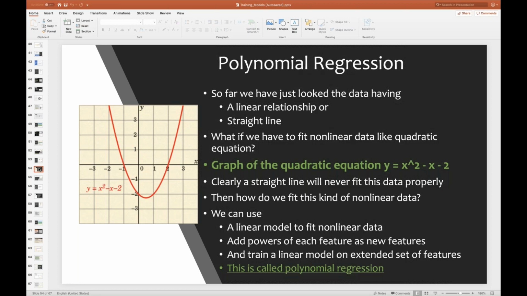So polynomial regression is very simple. You are guessing that there is no linear relationship. On that kind of data set, how are you going to fit the data properly? For that, use the linear model for the nonlinear data. Can you increase the power of the features, so the increased-power features are used as new features? The way I can explain this is,